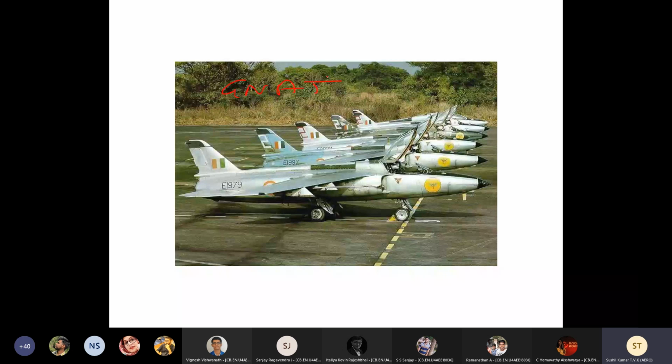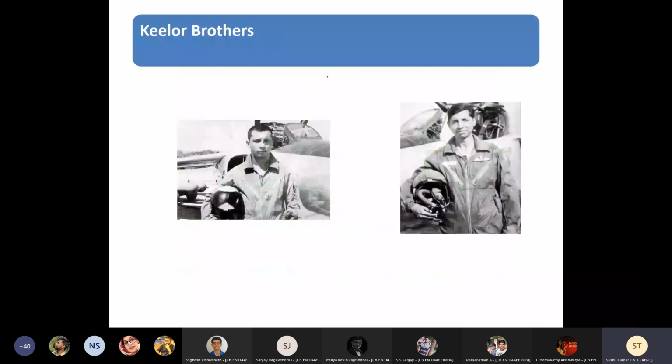These two guys called the Kapoor brothers were credited for shooting down the first Starfighters. Transonic fighters shooting down the best of the aircraft in the world. This also has an interesting part. The reason why Americans developed the F-16 was because they found that the Gnat could shoot down these Starfighters very easily. So they said, oh no, we are looking at the wrong thing.